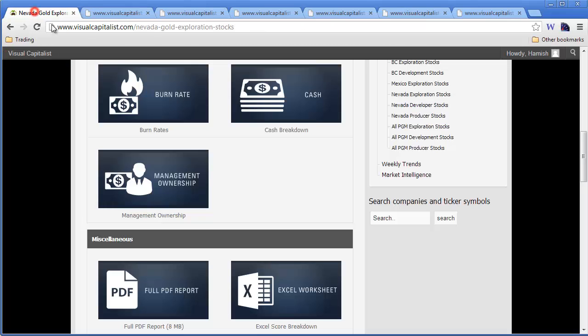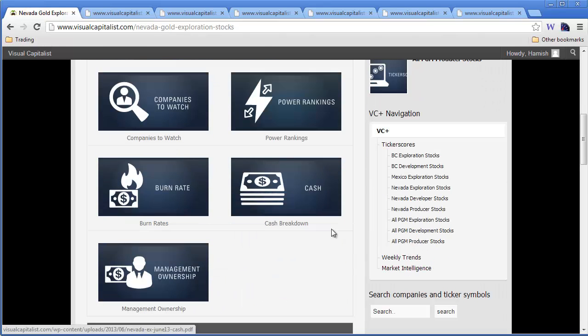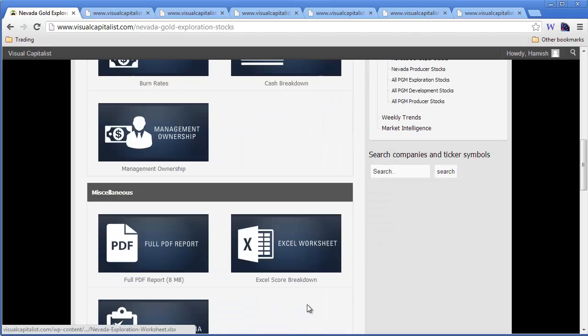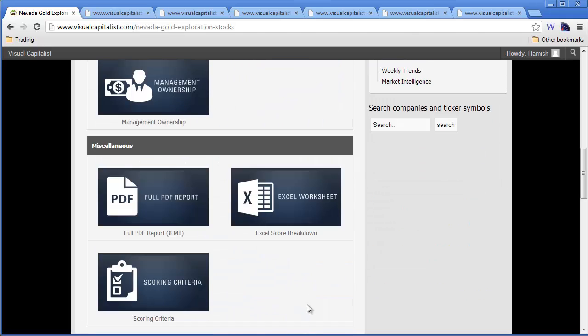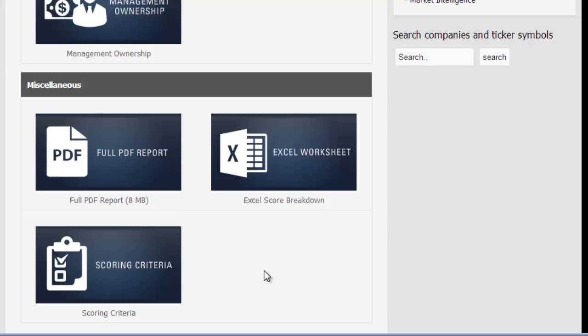So that's a really neat series of panels. You can see we plowed through quite a bit of information relatively quickly, so it helps in terms of cutting down the number of steps that you need to take in order to gather your research. And the next panel or category is miscellaneous, and what this contains is, I guess, the full report. As you can see here, if you wanted to download the whole thing, it gives you a sense of the size. An Excel worksheet, and this is great for the data crunchers and the Excel geeks out there,